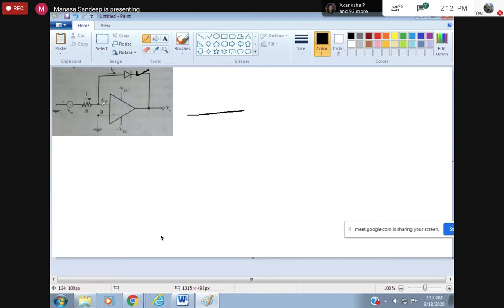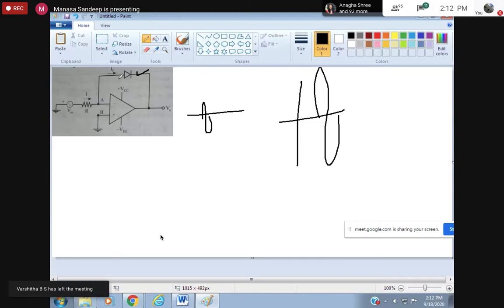When you apply a small input, what should be the gain? The gain should be very large, correct? So for small inputs, the obtained gain should be large. How is that happening? Because you are applying a small input, this is the anode of the diode, and here the positive voltage is small.